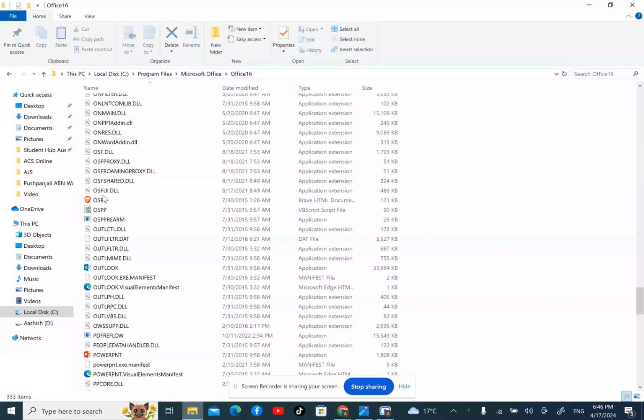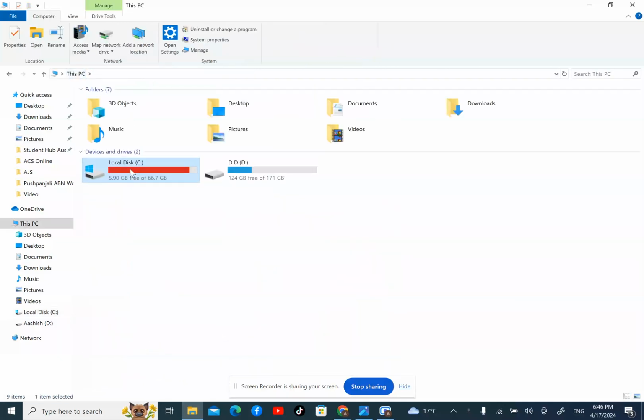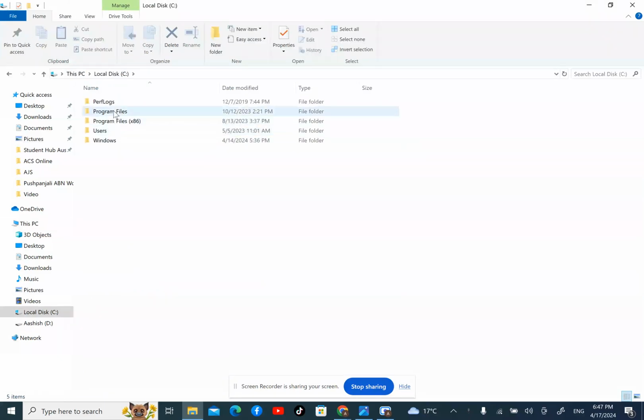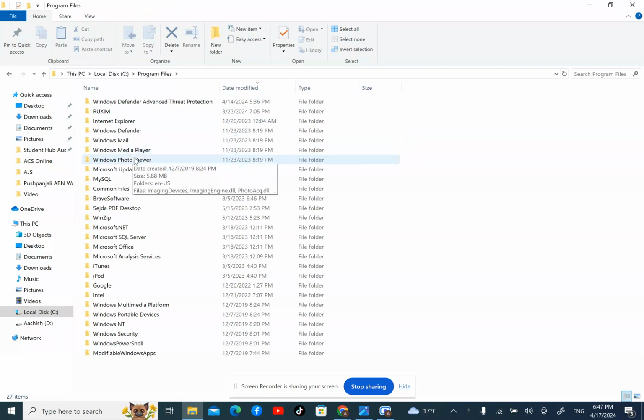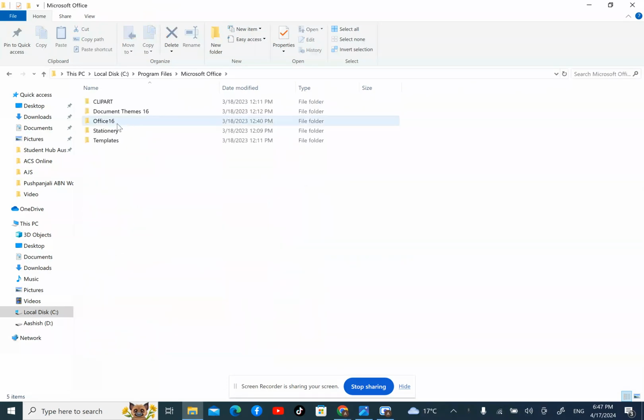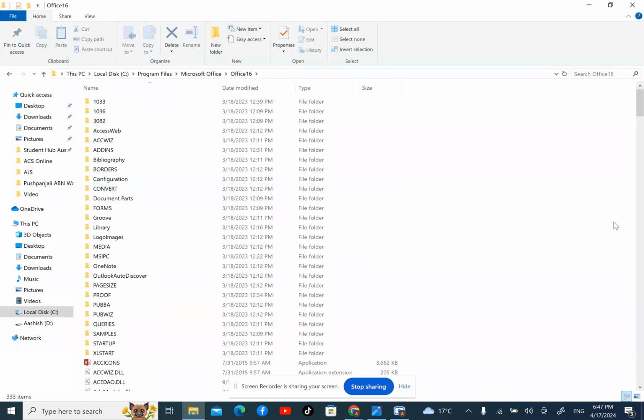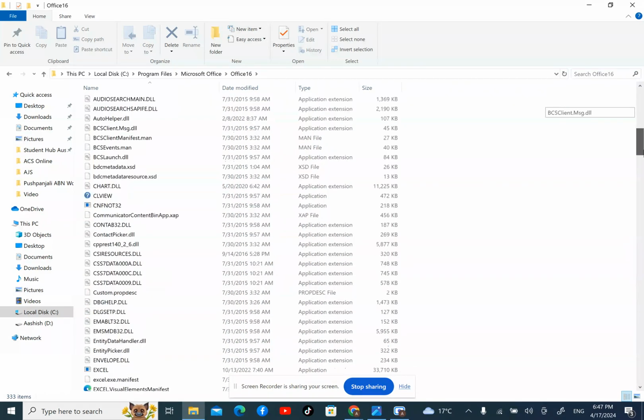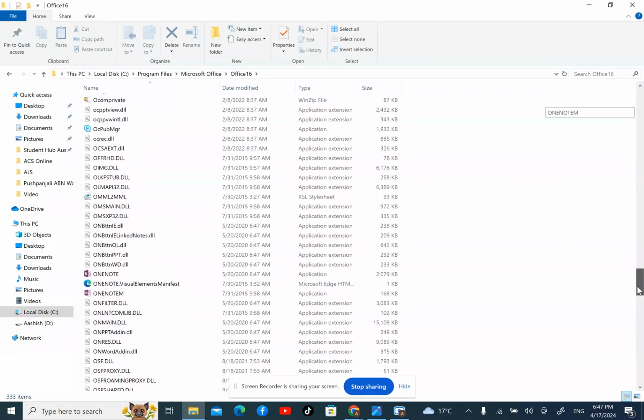So if you go to this PC and go to your local disk C, you can find program files. If you go to program files, you'll find Microsoft Office. When you go to Office, there's Office 16. Yours might be different, like Office 12, Office 10. Mine is 16. So if you go to Office 16 and you scroll down and you look for a file